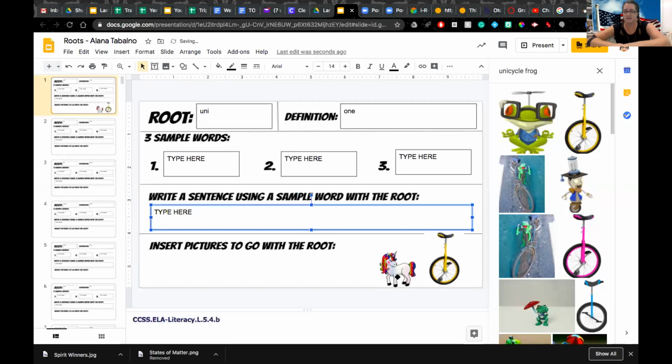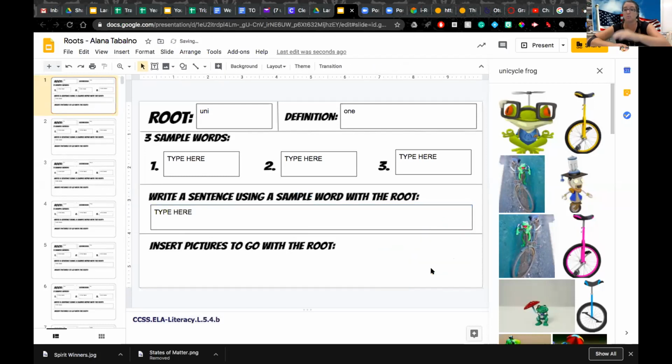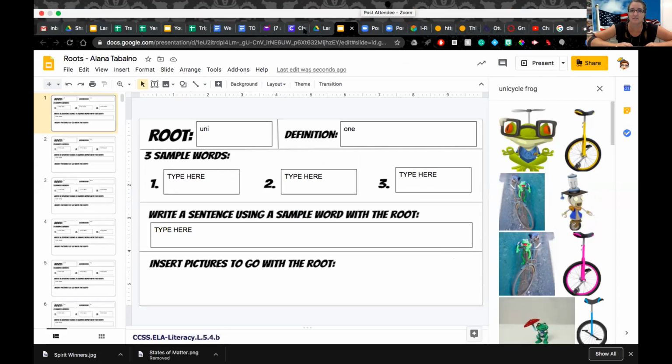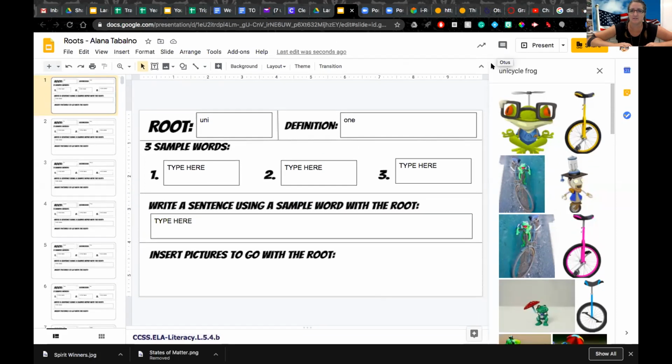Dictionaries are a great place for you to go to find words if you're looking for words. And there are online dictionaries also that you can use. Okay, are there other questions? Yes. Okay, so can it be exactly what you said, or do you